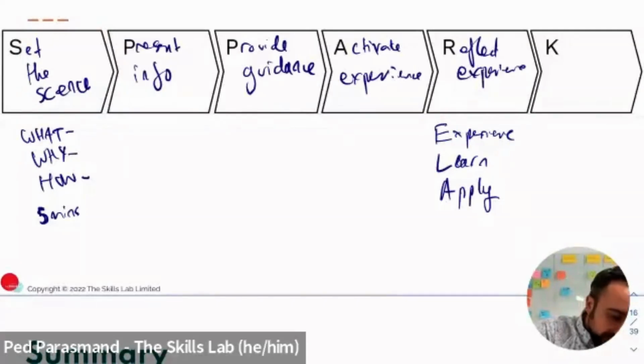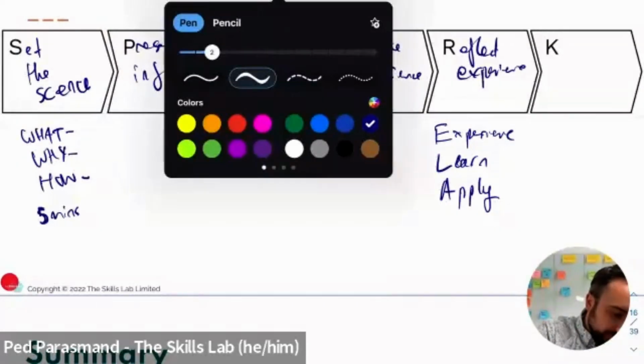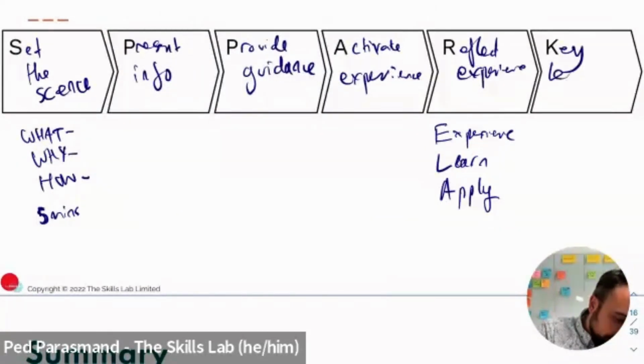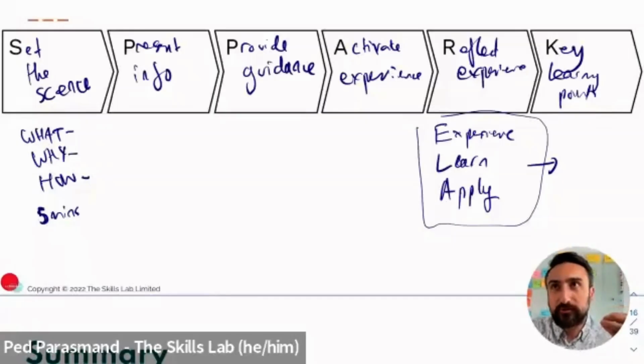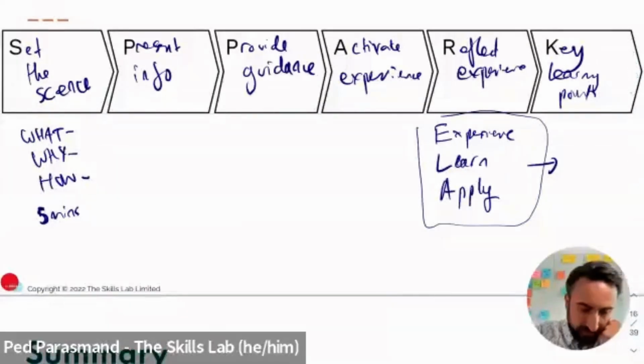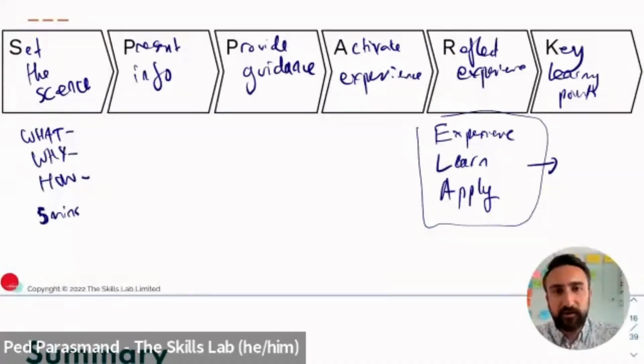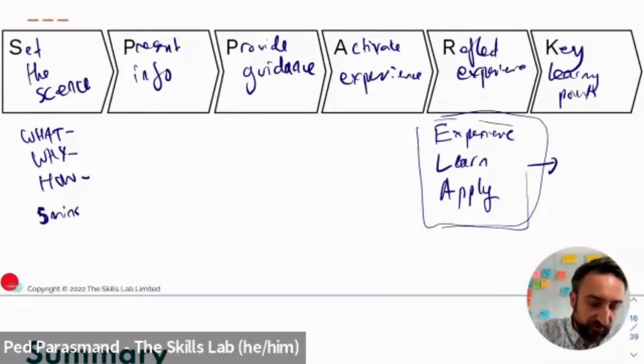And then finally, the key learning points. So this is about taking this conversation and summarizing it. And the more words you use that your audience has used in their reflections, the more they feel that they've been listened to, and they've been part of the learning process. And that's why I always think it's useful to give enough space for that in an experiential workshop.